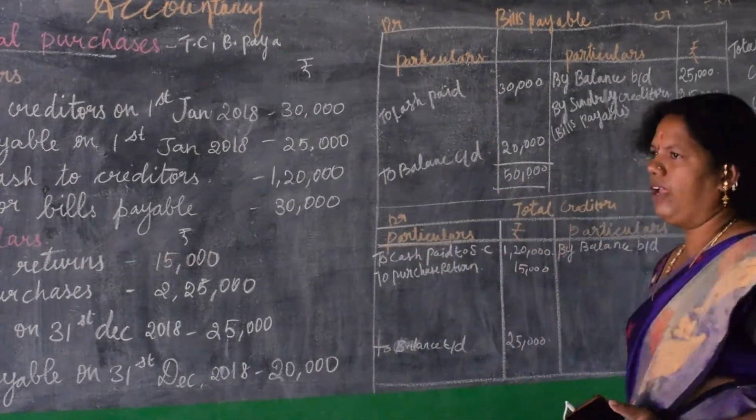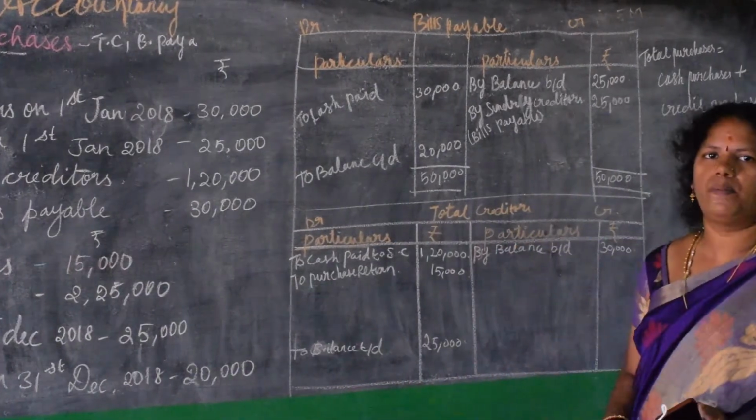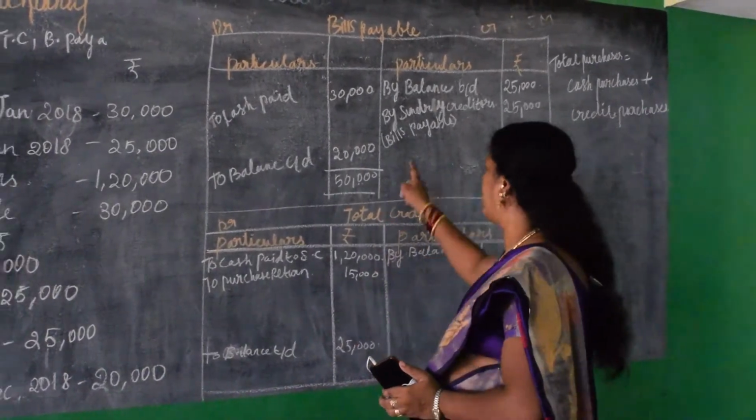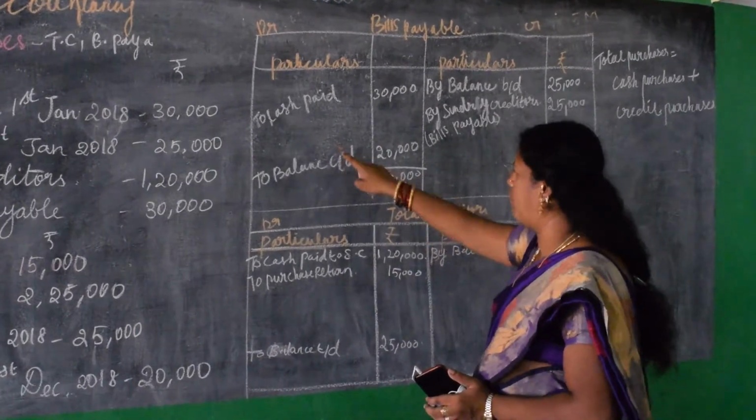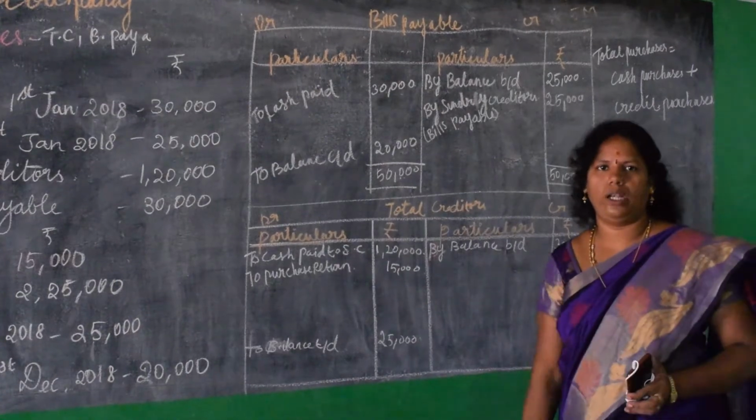Now, when we are finding out the bills receivable, I have taught you about a little cross. What is a little cross? The cheque dishonored should come here. The values which I find out in it will come on the debit side. Like the same procedure only.